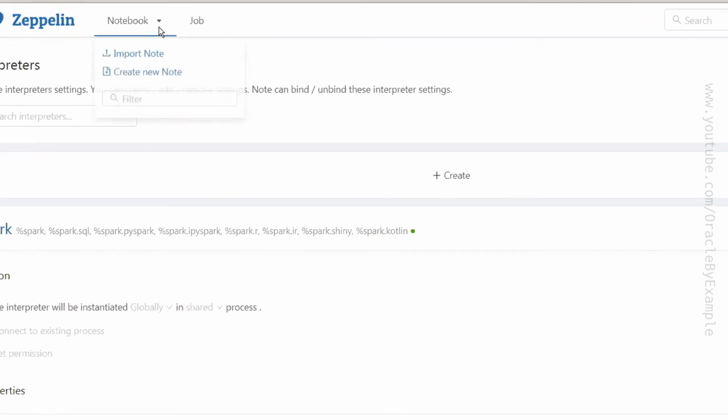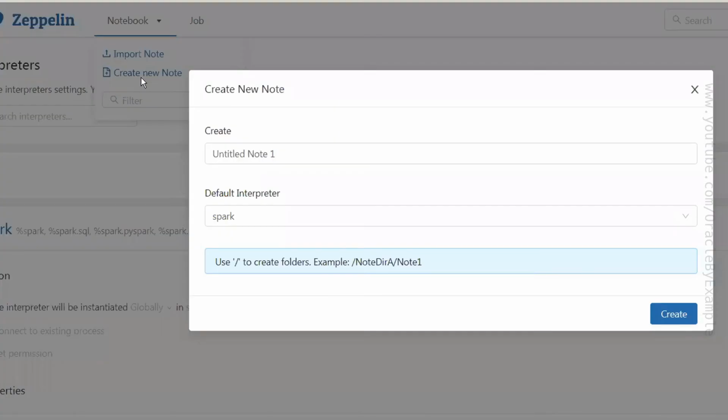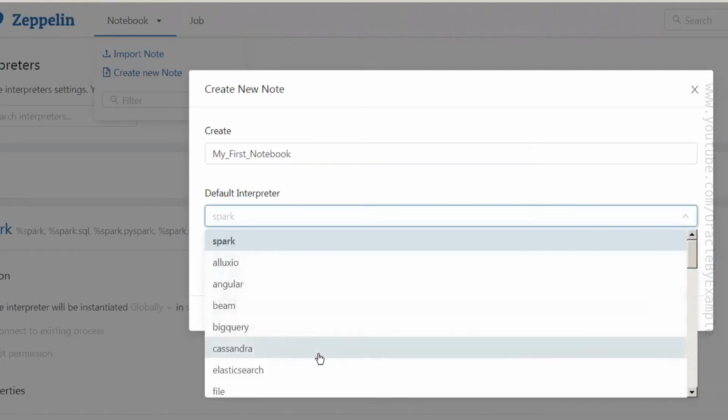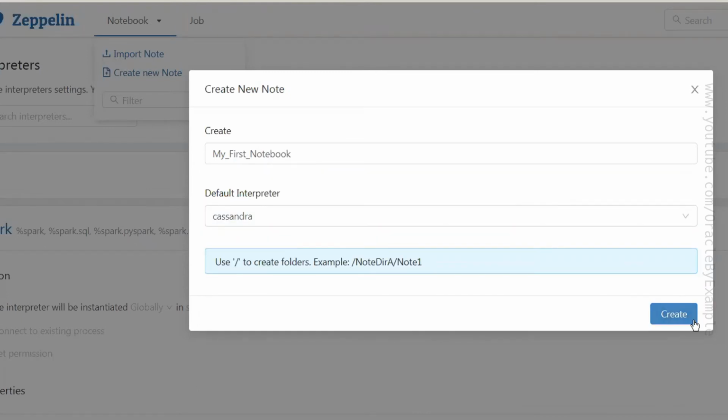I will go to the notebook option and create a new notebook. I have changed the default interpreter to be Cassandra.